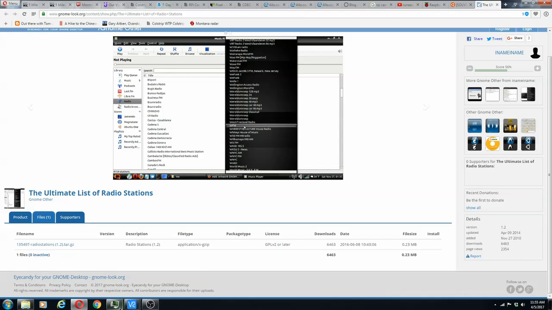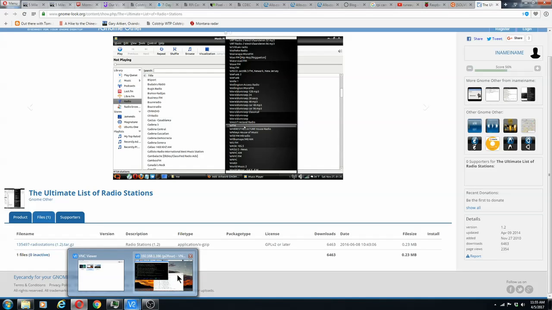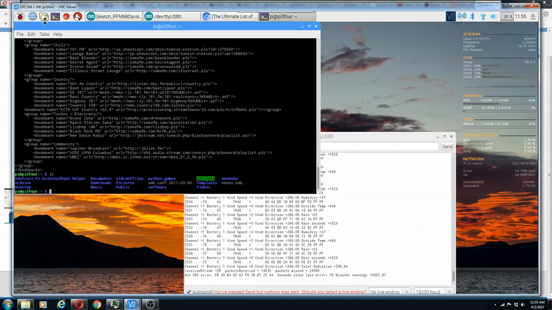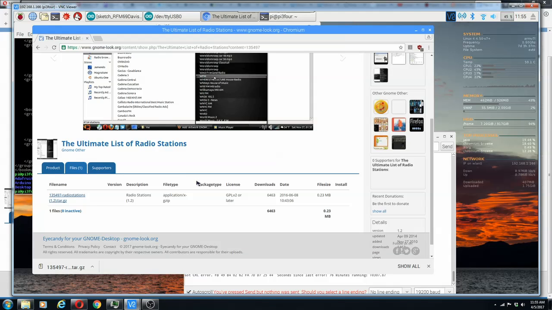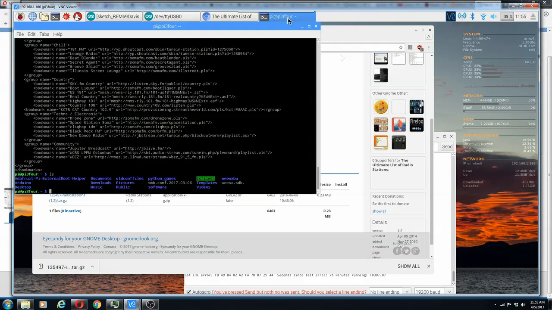And what I had to do is go over to my Raspberry Pi and essentially download that. When that downloaded, it was under downloads. So if we look at what is in downloads,